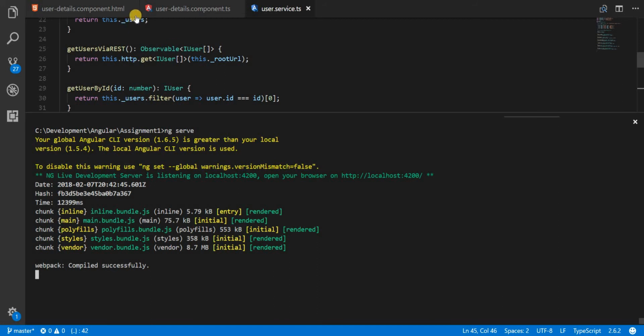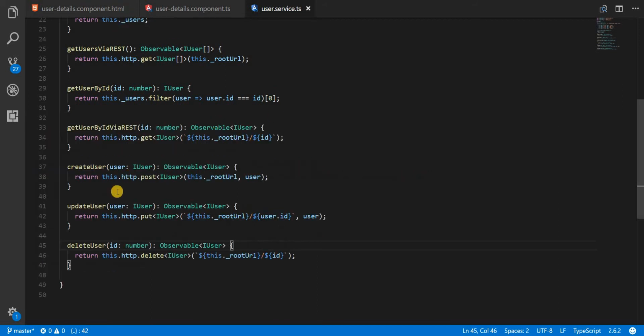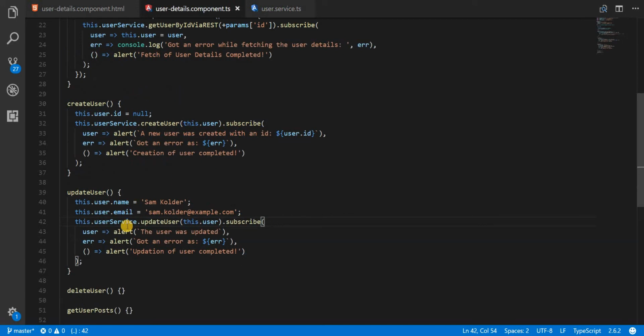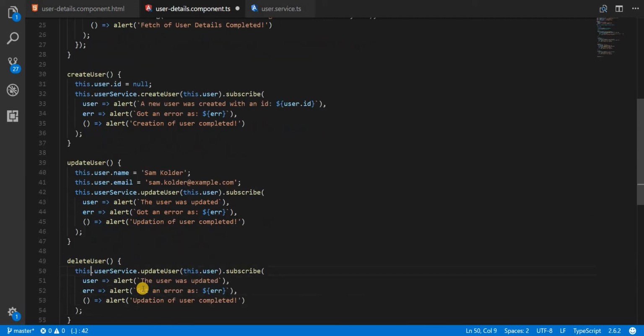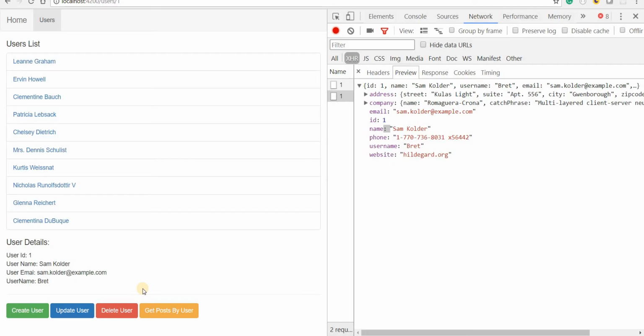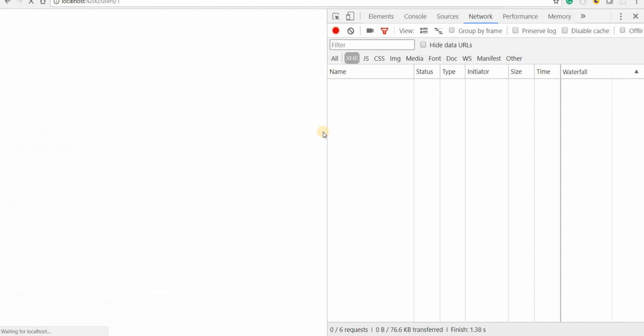Let's also use the delete method here. So I'll go back to the user details, and in here I'll use the delete method. Instead of update user, I'll use delete user, and to that I'll pass the user ID like so, and then the user was deleted, and the deletion of user completed. Let's save this, and